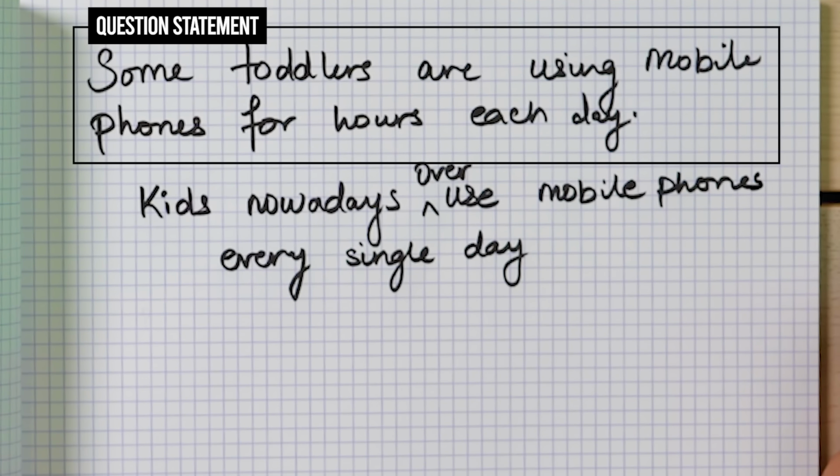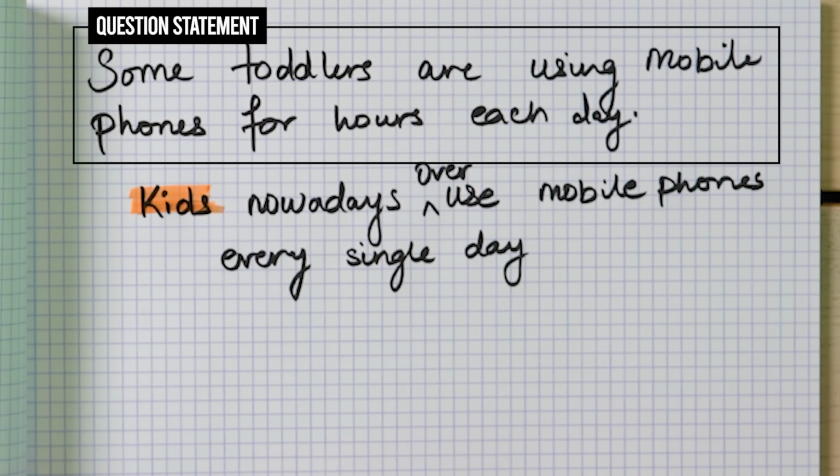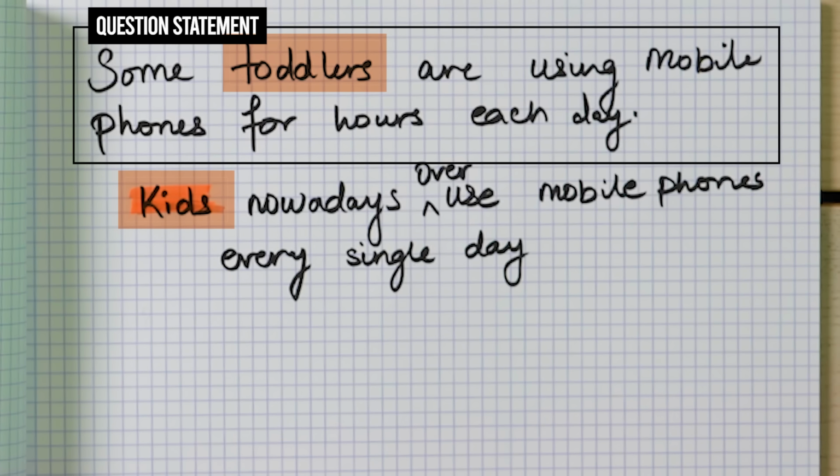I wrote, kids nowadays overuse mobile phones every single day. So I'm going to highlight some issues here. First, what issue might we have with this? So compare the word kids with the word toddlers. Do they mean the same thing? I believe toddlers are younger. Kids can be older. So toddlers are a very specific subgroup of children, of kids. Toddlers are not babies. They're older than babies. So generally, it differs from kid to kid, but it's generally from like 2 to 3. So by saying kids, you're including Tom, who's 10. But the important thing is that it changes the meaning of the question. So you need to be thinking really about being specific.